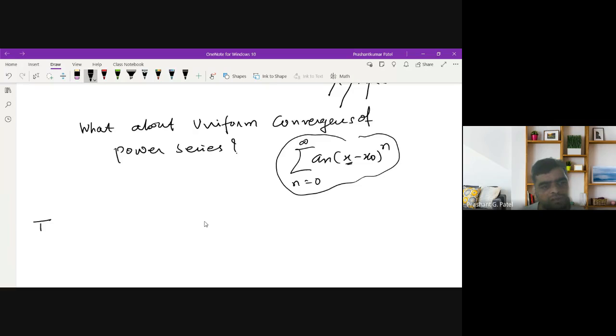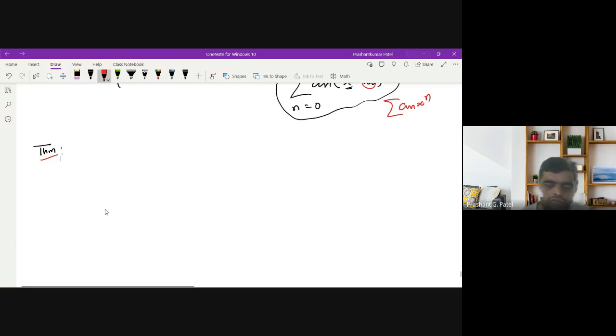So for that we have a first theorem. It tells you that under the radius of convergence, whatever the radius of convergence of this power series, we can say it is uniformly convergent. We are just talking about the power series of the form a_n x raised to n, because the same calculation can be done for any point x0. So this is the first theorem that we talk about for the uniform convergence of power series, which tells you that